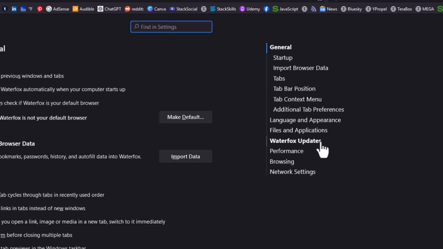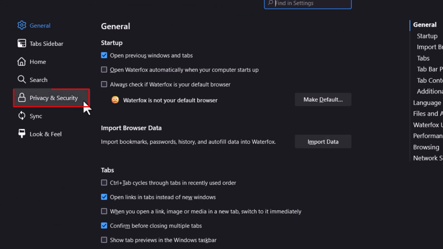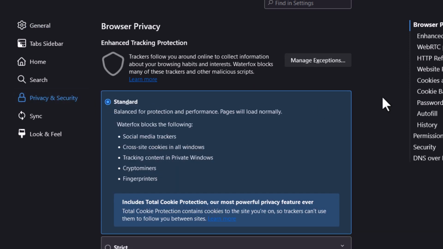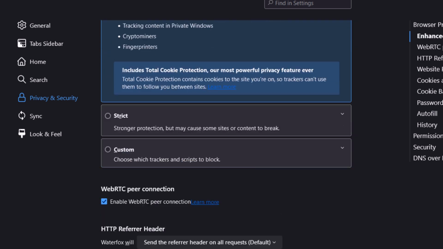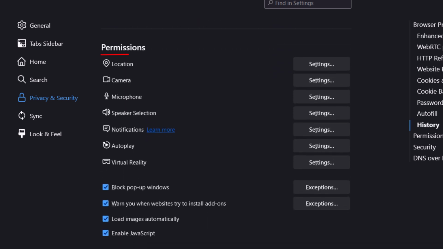Now on the page that opens up, the pane off to the left hand side, you want to click on Privacy and Security. Then on the center pane, you want to scroll down a ways, down to where you see the Permissions section, and in the Permissions section, right down towards the bottom, it says